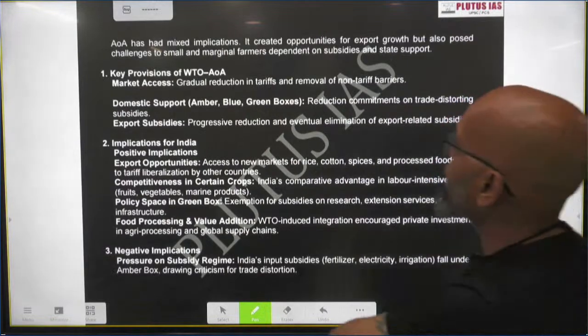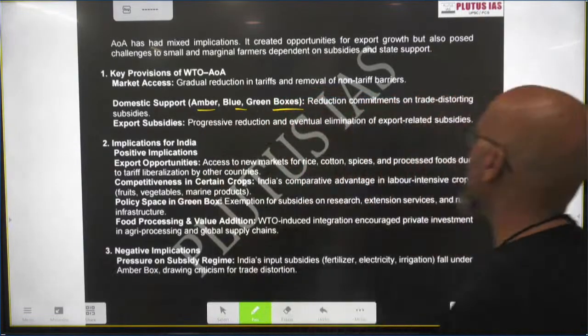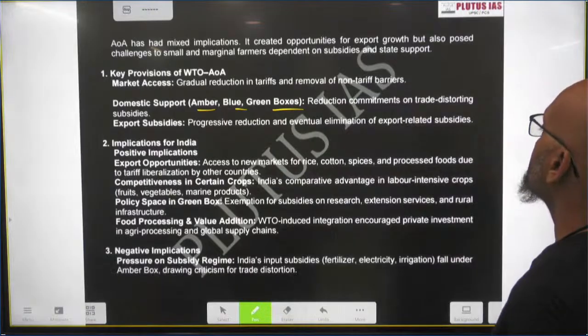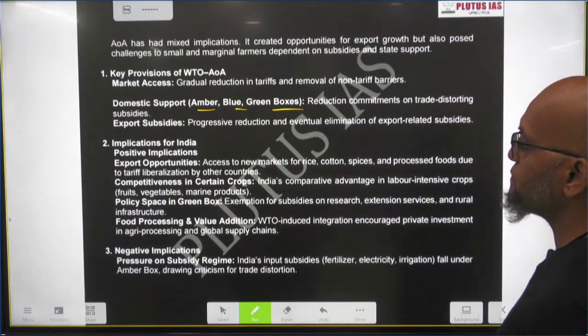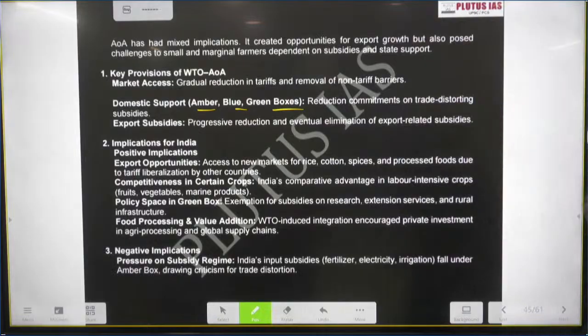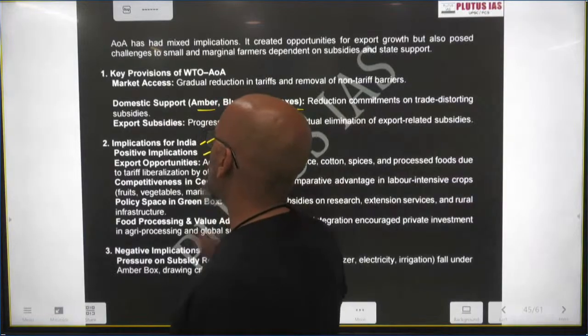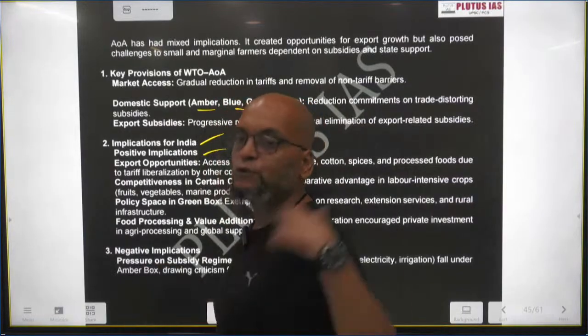Amber, blue, green boxes, these were the schemes that were launched by WTO. Anyway, reduction commitments on trade distorting subsidies, export subsidies, progressive reduction and eventual elimination of export related subsidies. Implication on India, first we talk about positive implications. So we could export our